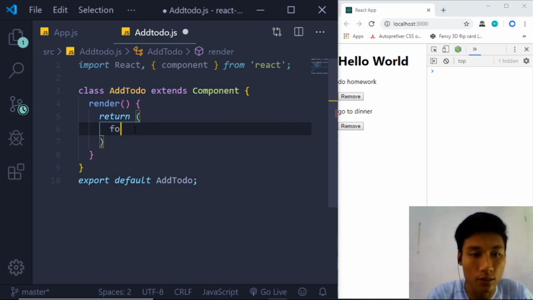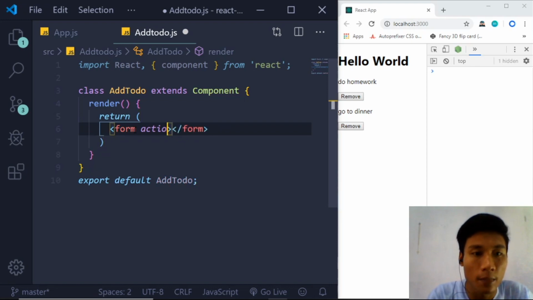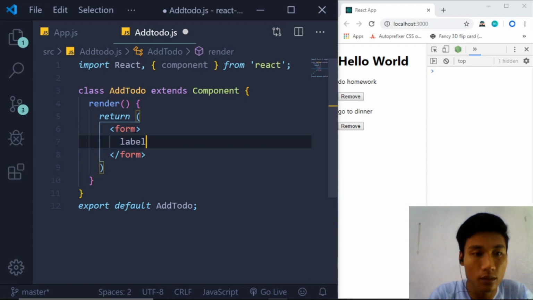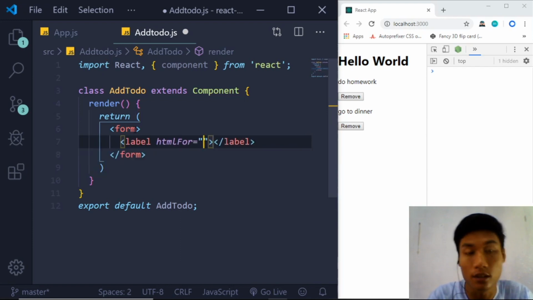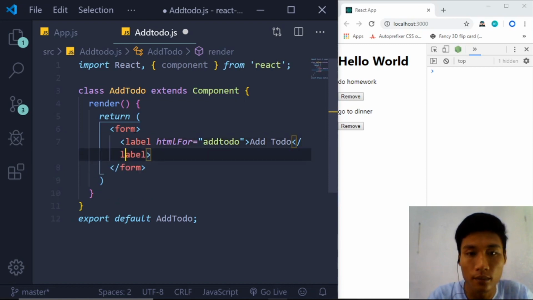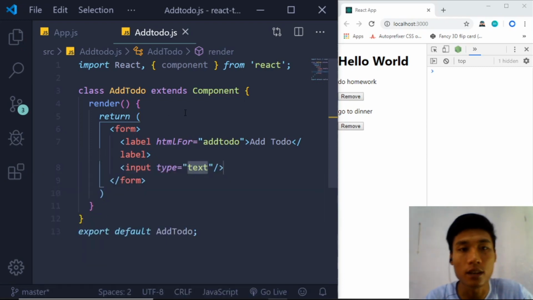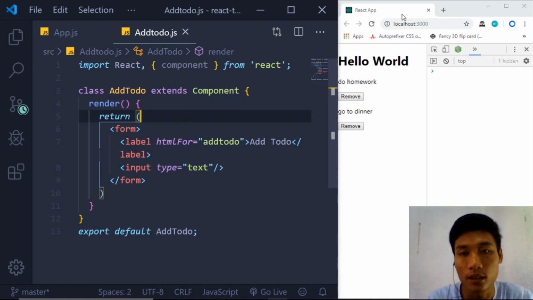Alright, so let's create a form. And we need to create a label. The label htmlFor is not really important, but let's do that. Add todo, and let's create the input, type text. Okay, when I save and reload, it's not going to show up right here because we don't yet